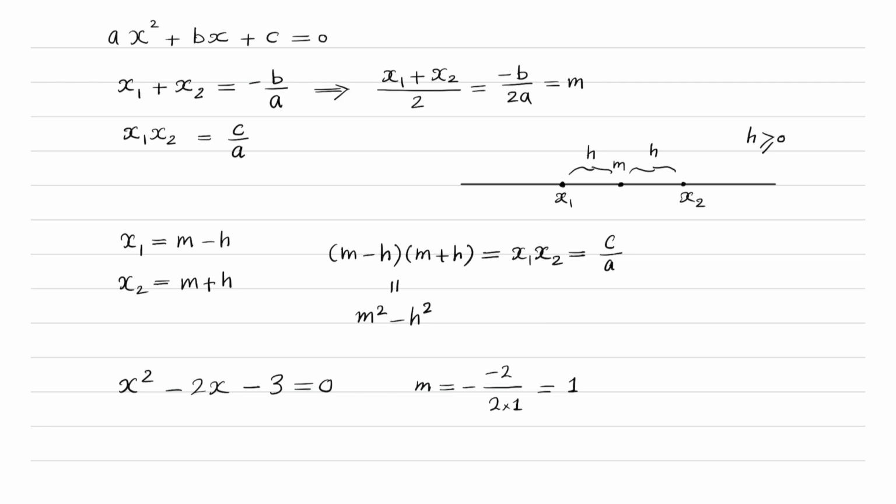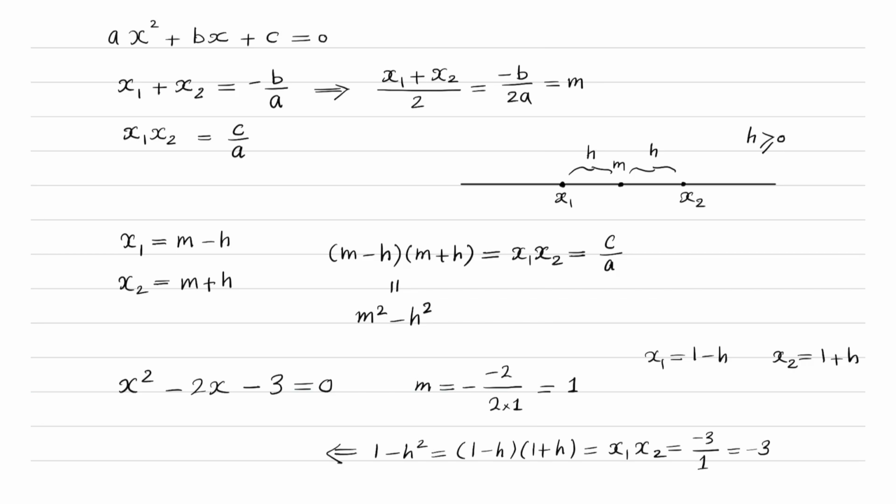And we know that x1, one of the roots, is 1 minus h, and x2 is 1 plus h. Now, 1 minus h squared, which is 1 minus h times 1 plus h, is equal to x1 times x2, which is c over a, which is minus 3 over 1. It's just minus 3. So 1 minus h squared is minus 3,